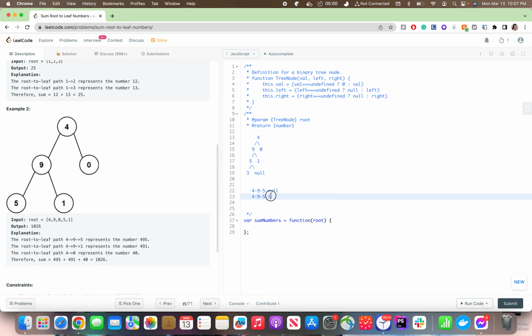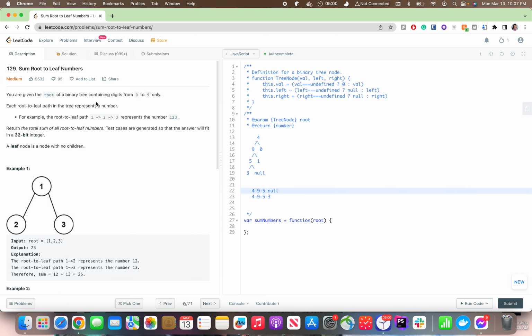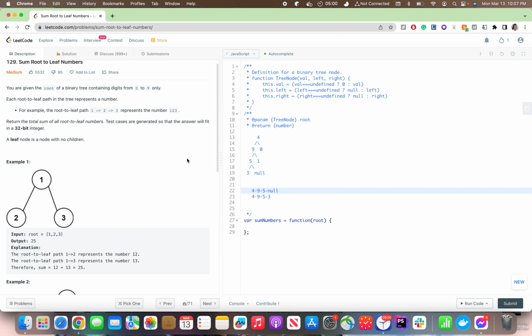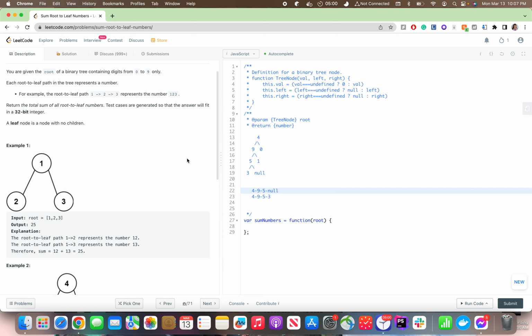In this example, every node is complete. So should I consider 495 null as a root to leaf value? Each root to leaf path in a tree represents a number. I'm not sure. A leaf node is a node with no children. So should I consider null as a leaf node? No, I don't think so, because